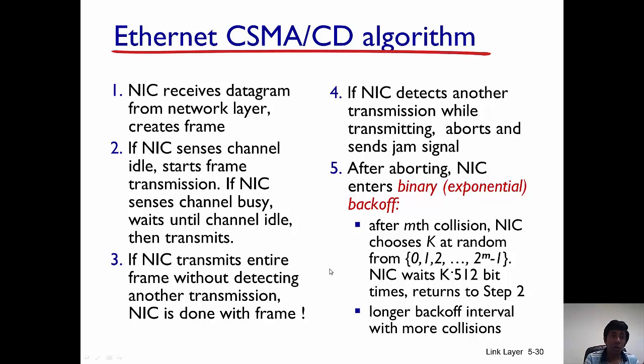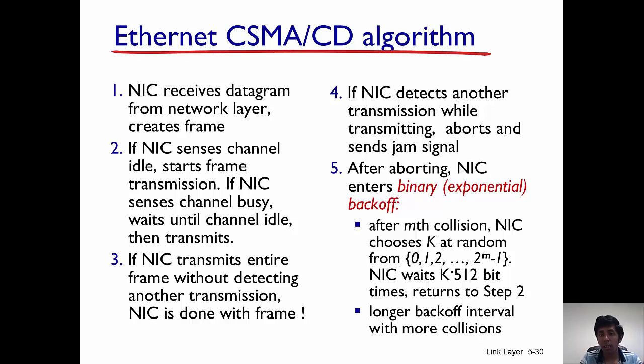So we started from Aloha and we looked at its two variants, the pure Aloha and the slotted Aloha. Then we went to CSMA, that is carrier sense multiple access. And then we went to carrier sense multiple access collision detection. And CSMA CD is the protocol that is used in the Ethernet. So in an Ethernet, it is CSMA CD that is used, and everything that I described to you about CSMA CD is used. The only additional thing is,